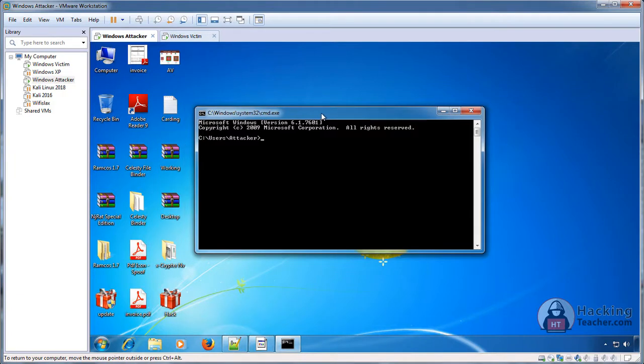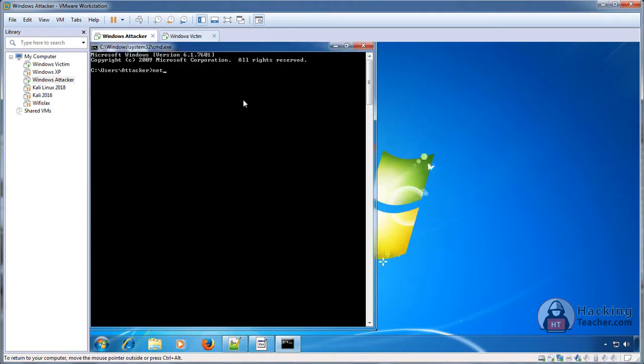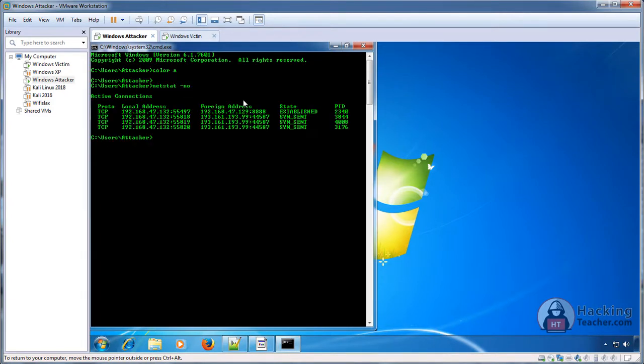The best method is to type a command: netstat -no. First of all, close every connection: close your Firefox, your Skype, your TeamViewer, every program which connects to the internet. Once you close everything, only the connections running in the background will remain.